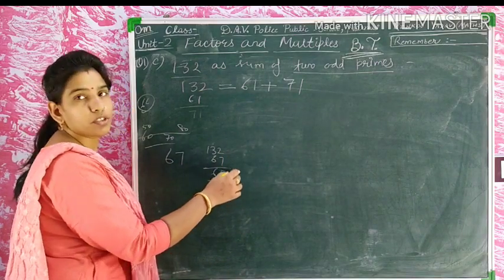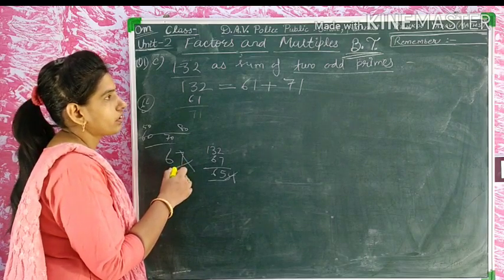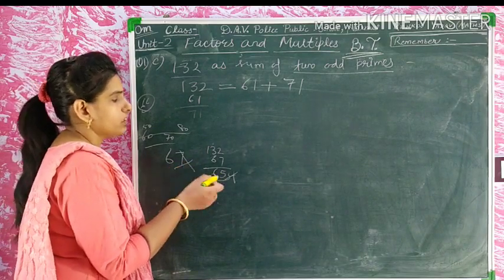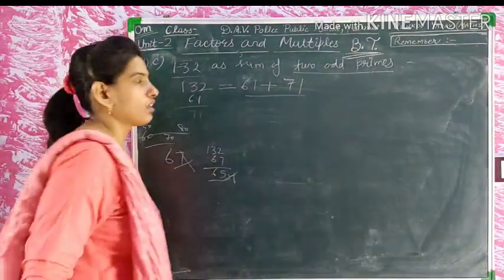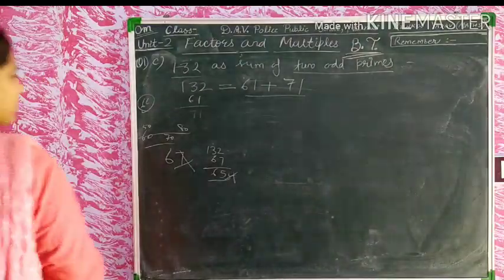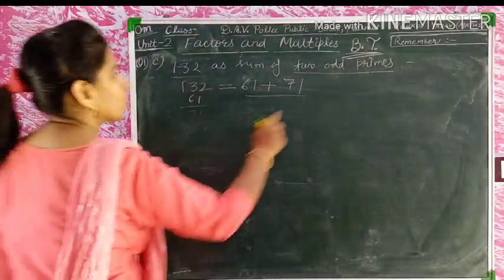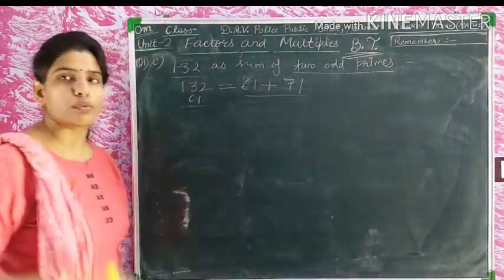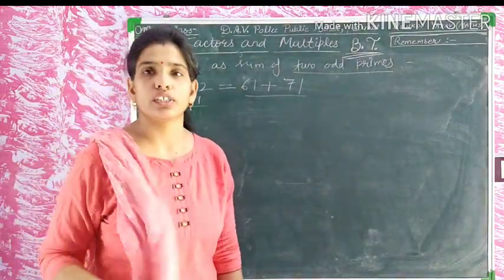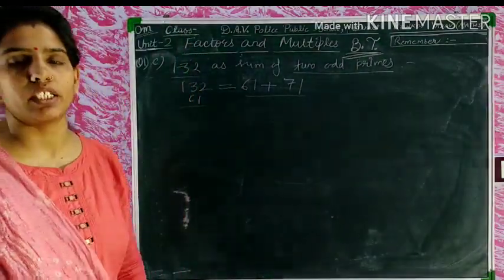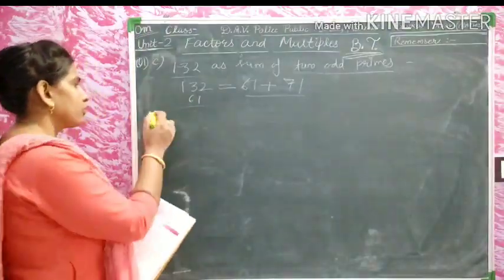This is not the prime number, so it can't be possible. And now again, what number will we take here? So students, you are seeing here that this may be possible, and another number is also possible if you are taking trials with these numbers. But we have to take only 2 odd primes, not the even primes, or any composite number here. Okay, students. Now we will do part D.